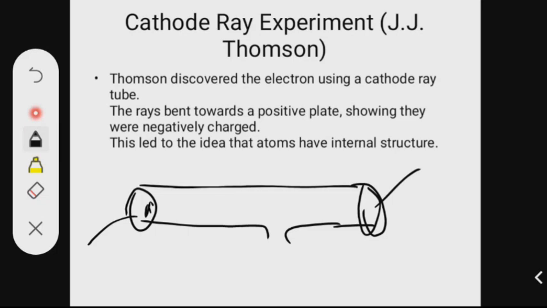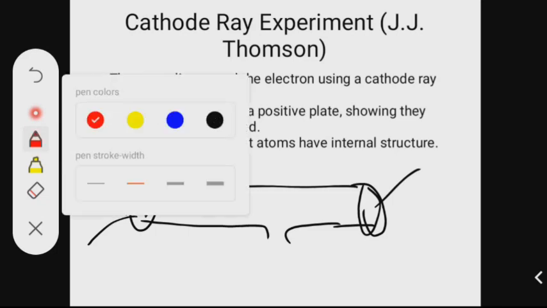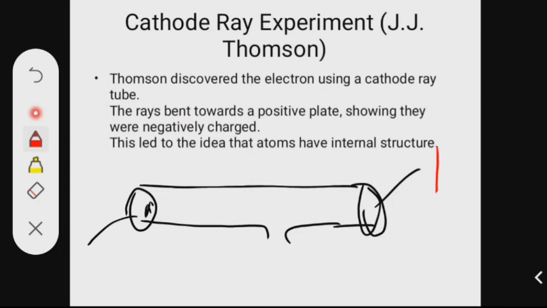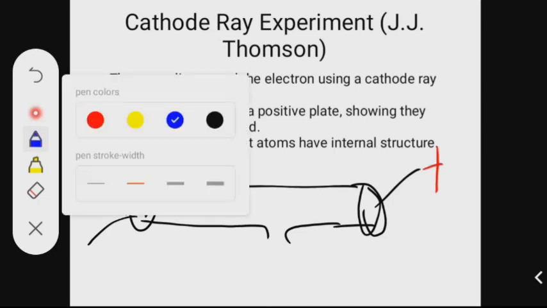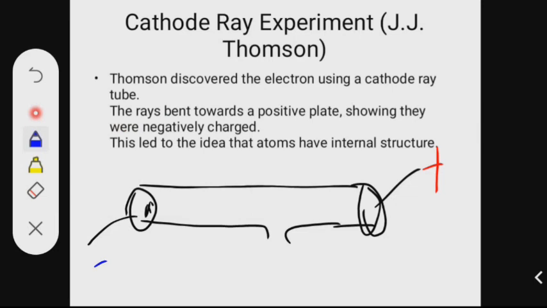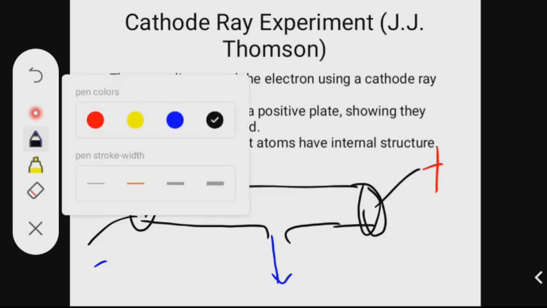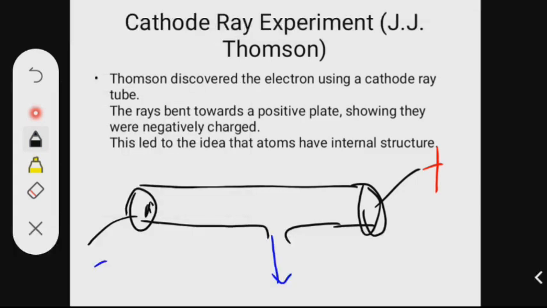So the wire on one end is positively charged, while the wire on the other end is negatively charged. Then they noticed that as they sucked air out of this tube, and plugged electricity into this wire, connecting the wires together to a battery,